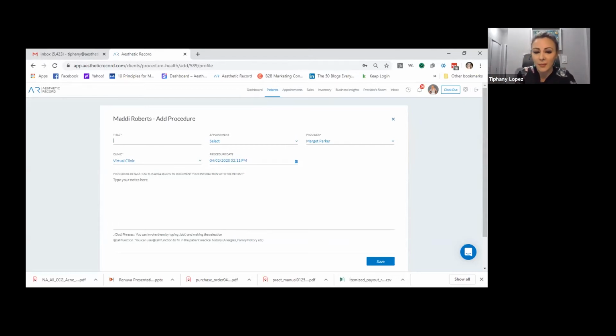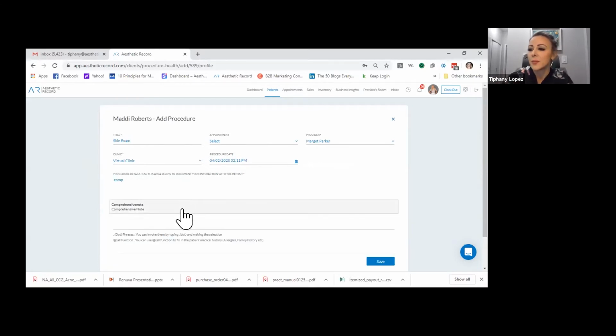So for now, just know that going in, but we're going to put in here, she's got a skin consult or skin exam, and let's see, I'm her provider. She's in our virtual clinic, procedure date, and so I'm going to use my dot phrases to make it easier. And if I'm really doing a true medical type exam here, I might use one like